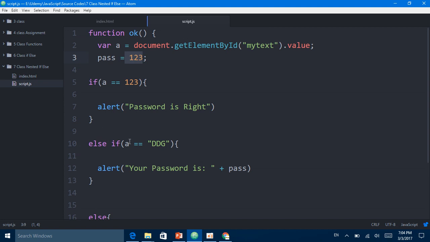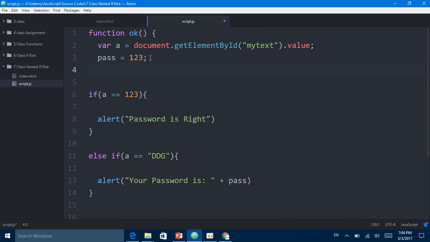You can also create another condition. Suppose you want to add another hint, for example block. Here I say that it is block code. And here I want to say that